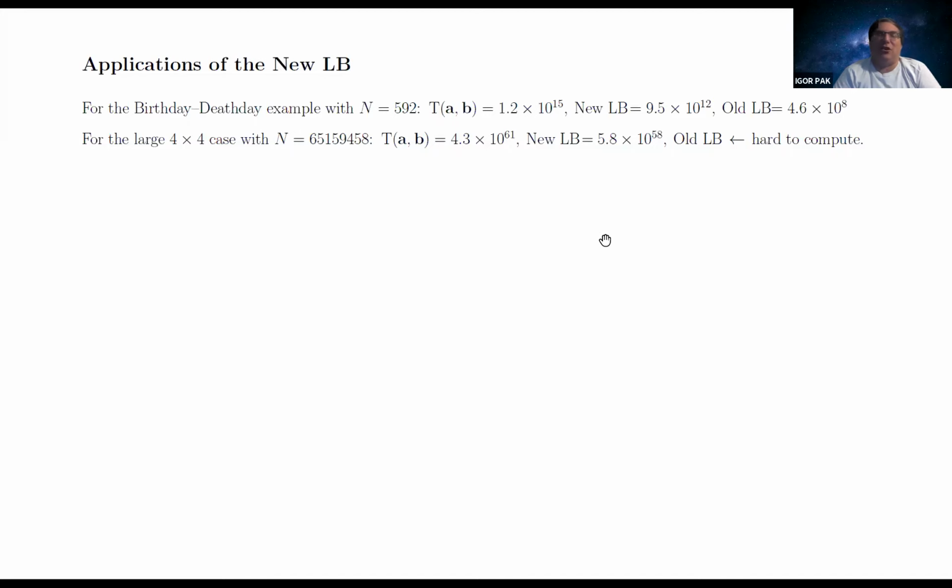So that sounds like a lot, but in reality, there is not much of a competition. The lower bound by Barvinok, he has different lower bounds. One of them is less than 1, so not very interesting. And another one is probably much better, but we can't compute it. Our computer crashed. It just takes too